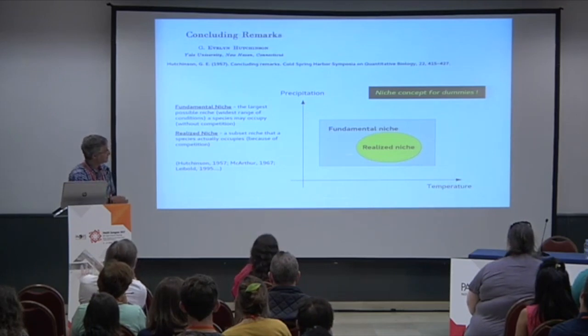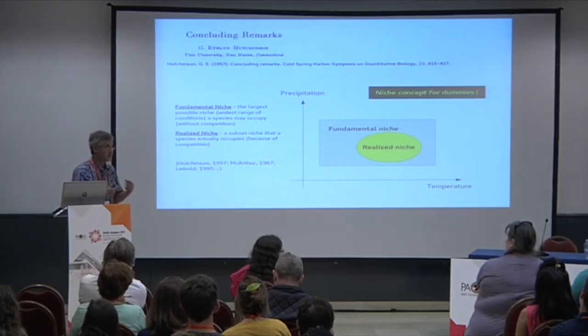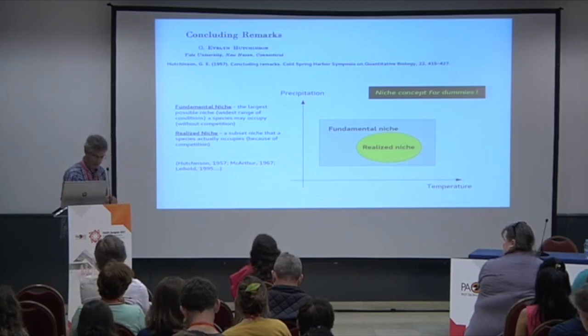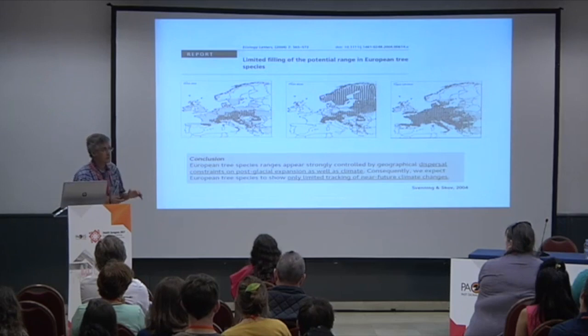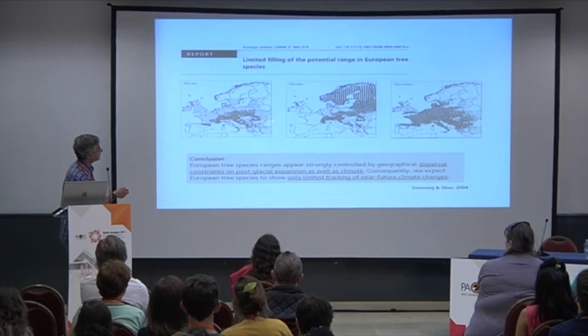And this concept has been used to predict the species using the areas occupied by species and the climate where they are, using statistical methods and using that calibration to predict the species' future areas. So these new tools have been used for many purposes, and this is one of them, made by Jan Svinning and Skov. And in fact, they used a